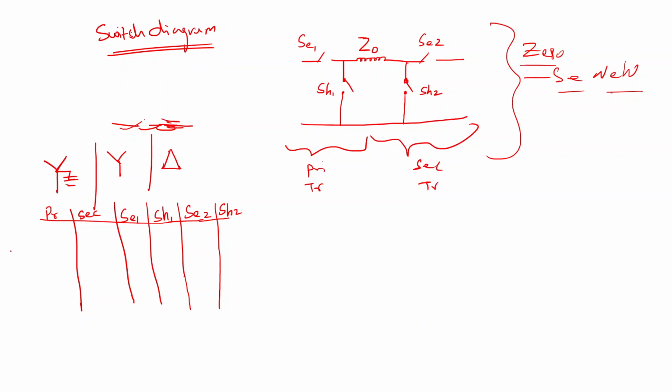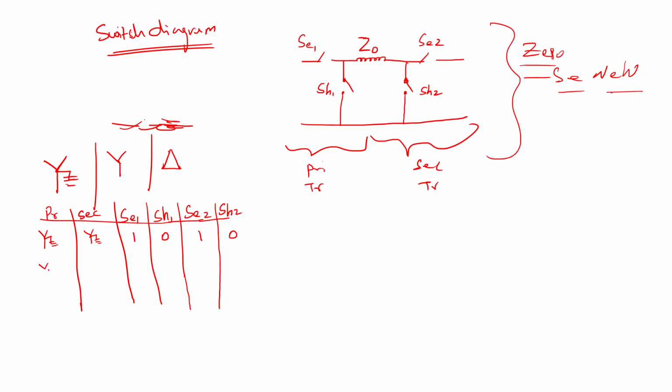SH2 is, I have this star, then my SH is 0, and this is also 0. So why? Because there is no ground in the primary side, zero sequence will be absent. Because there is nothing closed, there is no existence of zero sequence current for me if there is no ground path. Next condition, if I have both sides grounded, then I get 1 for SH2. So respectively, you put all the combinations.